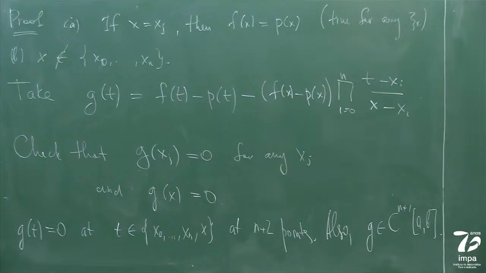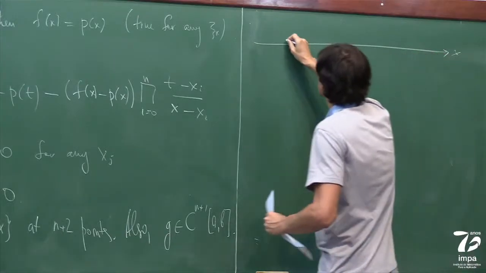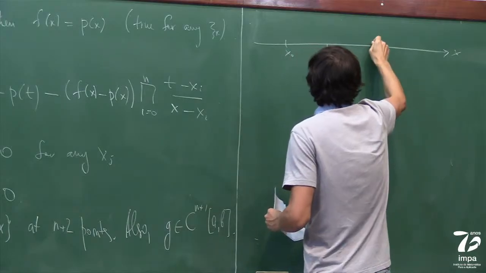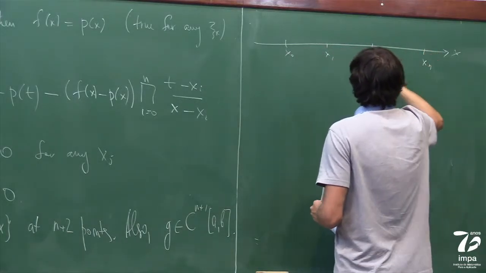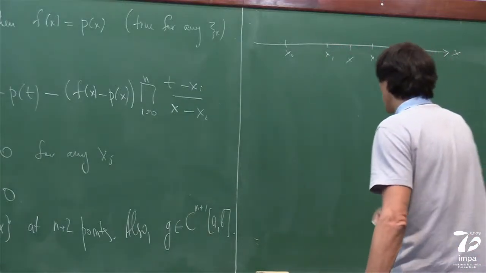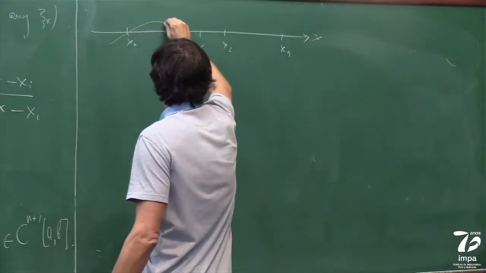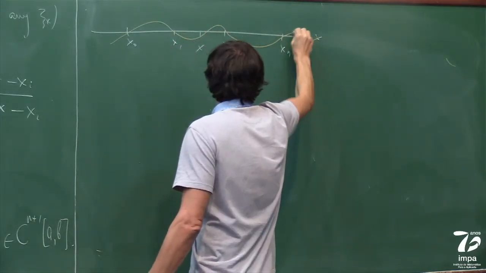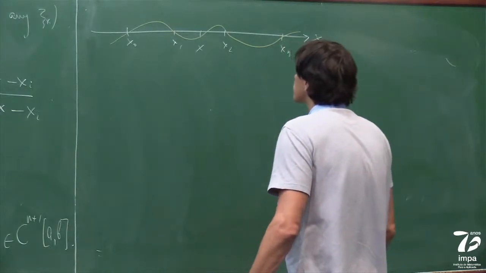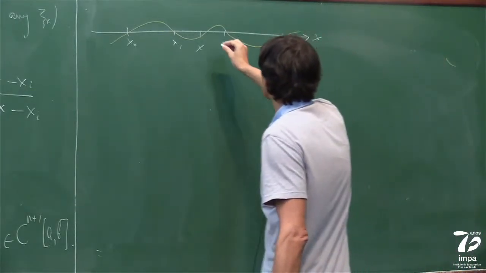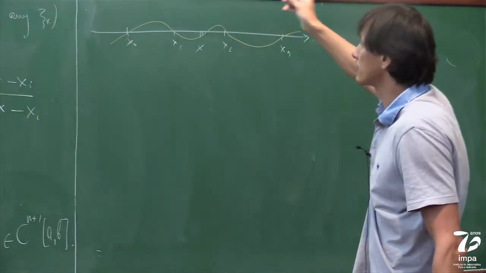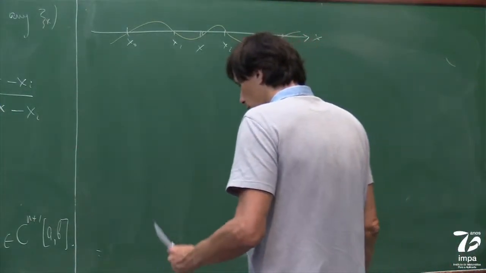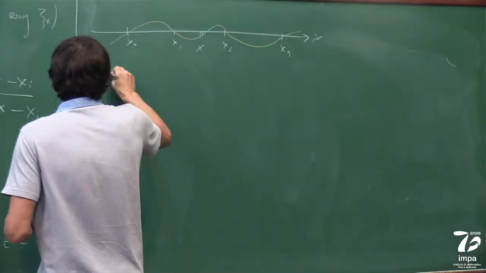So now what you do, you have points like x0, x1, x2, xn, and some place x also. And we have a function j which is 0 at all these points. Not necessarily intersecting, but 0. So what we have is that it means that